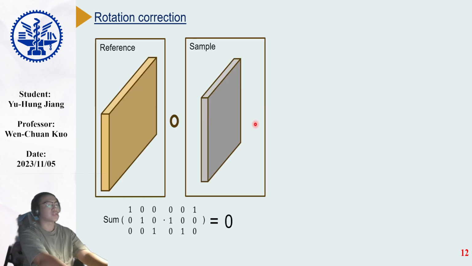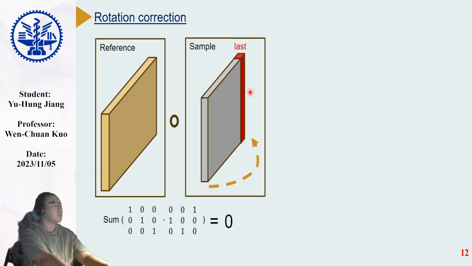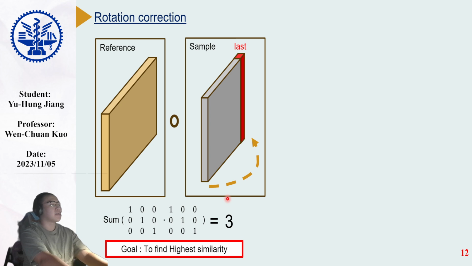First, we use a sketch, a mask, and a formula to explain this software. We have two images, the reference and the sample. Then we dot the two matrices, and we can see the sum of the matrix product is 0. So we shift the sample matrix, the first A-line of the sample moves to the end, until the sum of the product has the maximum. It means we find the maximum similarity between the two images. So that we can give out the image